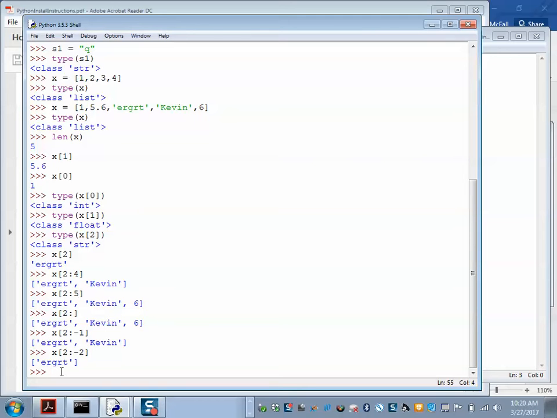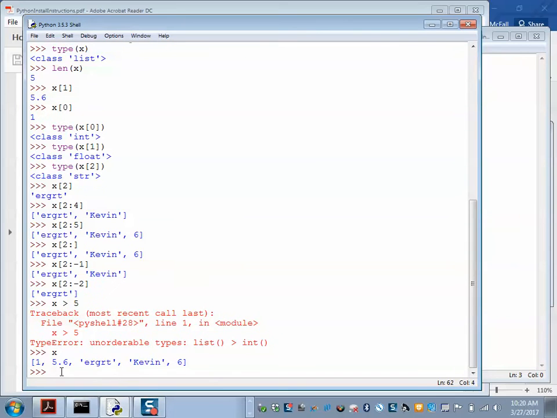Unfortunately, you cannot use logical indexing on a list. Now that kind of makes sense, because if I said, x is greater than 5, I mean, what the heck does that mean? I mean, I can say, yeah, that's not greater than 5. Yeah, that is greater than 5. But what the heck does it mean for a string to be greater than 5? That doesn't have any meaning. And because lists can have anything in them, the greater than operator might not be defined for whatever object is in the list. So even if I did y is equal to 1, 2, 3, 4, 5, 6,